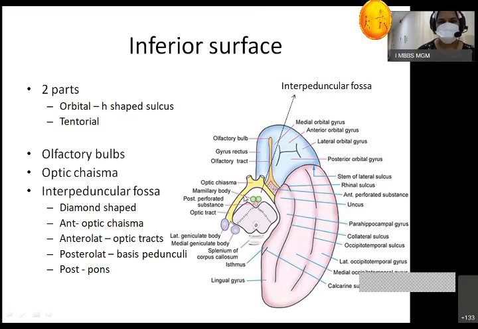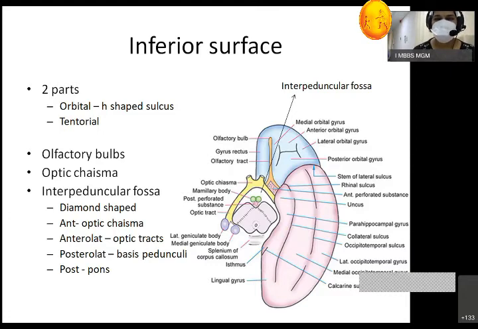Now, what is chiasma? It is formed by the two optic nerves coming from the right and left side, and there is a mixing, or instead of mixing, it can be called that the nasal fibers are going to cross. So, nasal fibers of the right side will go to the left side, while the nasal fibers of the left side will go to the right side. So what are the nasal fibers?